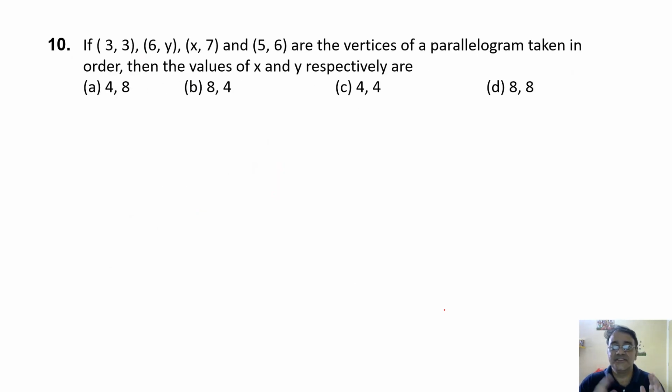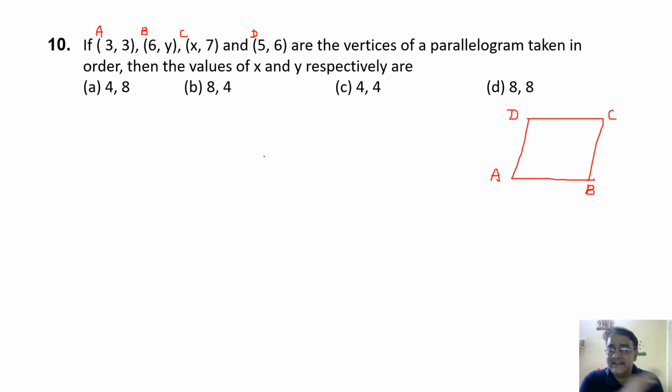If (3, 3), (6, y), (x, 7) and (5, 6) are the vertices of a parallelogram taken in order, then the values of x and y respectively are. So first of all, we will take them as A, B, C and D. And let's make a rough figure of the parallelogram. Suppose this is A, B, C and D. Okay, and